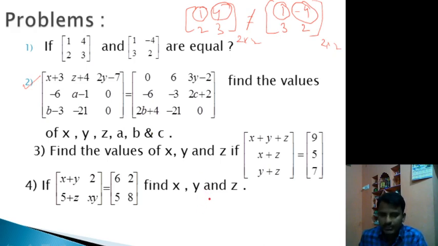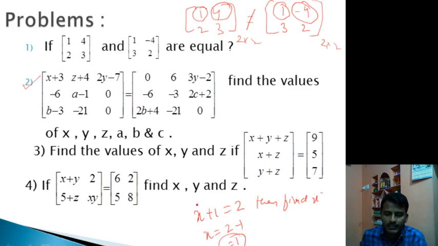in an algebraic expression, x plus 1 is equal to 2, then find x. It means we just simplify: 2 minus 1, x is equal to 1. If x is equal to 1, then only it should hold, isn't it? Similarly, the matrix in between contains an equal sign. Yes or no? It contains an equal sign. It means equality of two matrices.